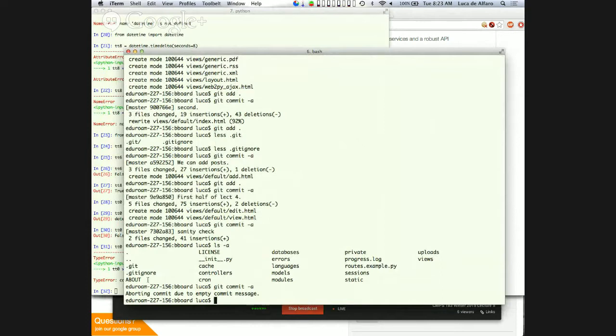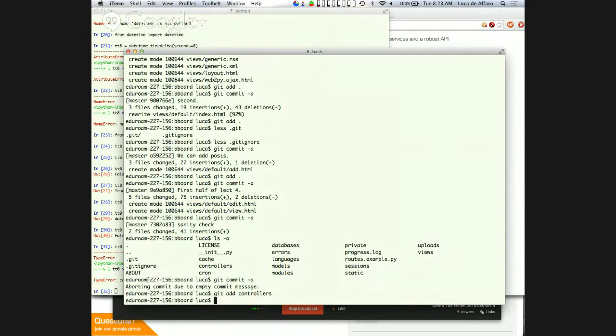I can say git add of a file name. Okay, this would say, please, this file from now on is versioned. And I did it in the past. Now I don't have any particularly good file to say git add, but I can also say, this doesn't harm, git add controllers. This will add the whole subdirectory of controllers. Okay, they are already added, but I don't care. I can always add them twice.